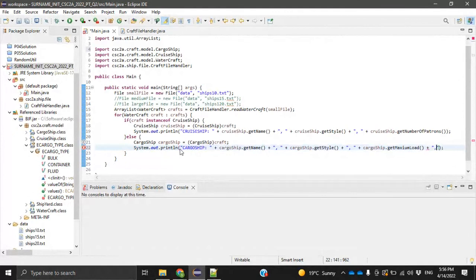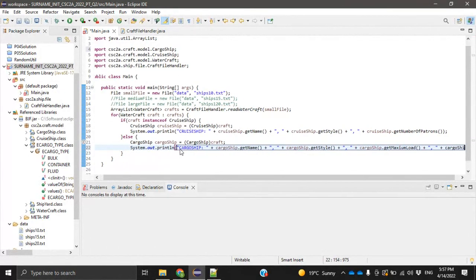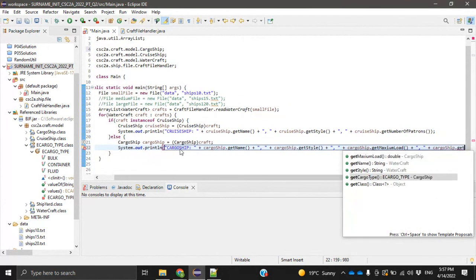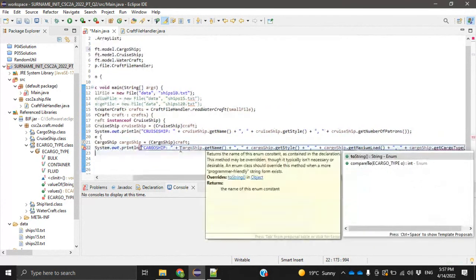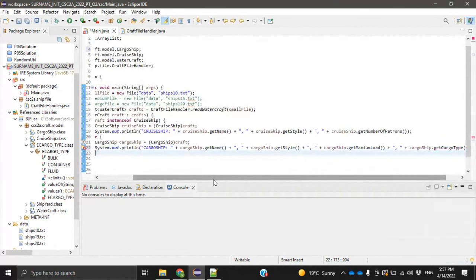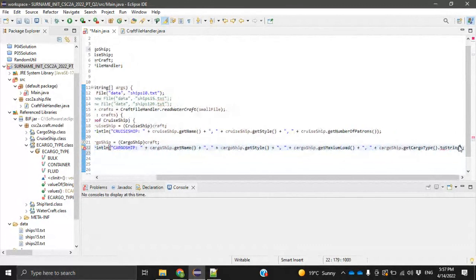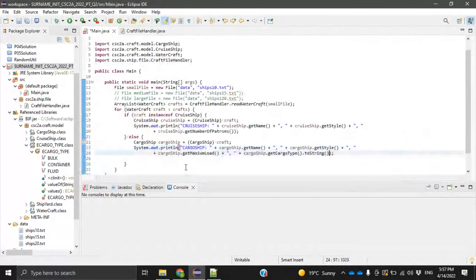So the last one is the enumeration. So we need to convert it to a string. Cargo ship dot get cargo type dot to string. What happened there? String. Yeah, so that should be fine. And so that should work, but